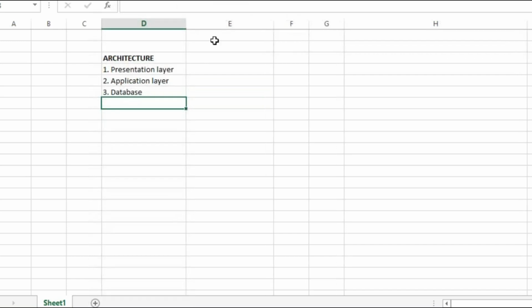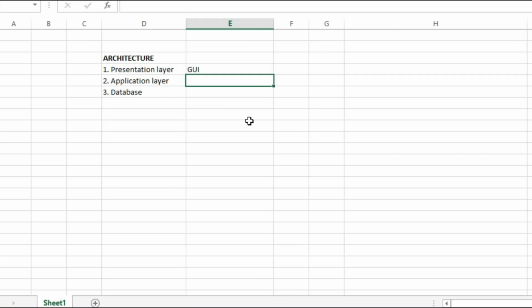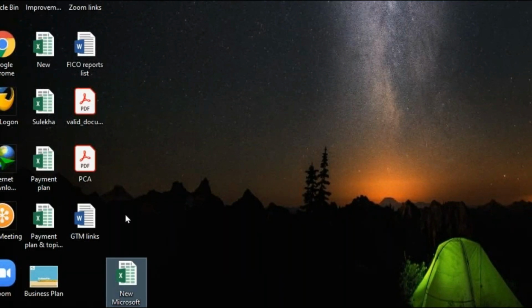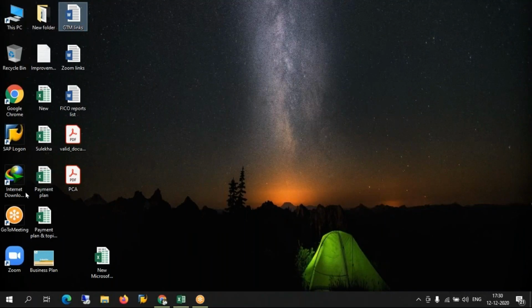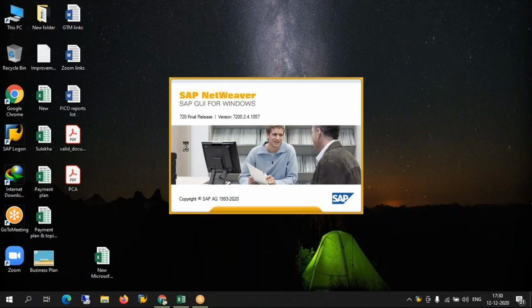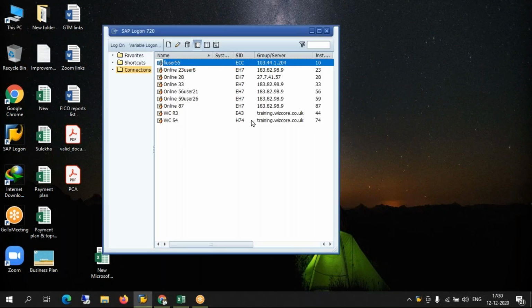The presentation layer is nothing but our physical screen, how the physical screen looks like, from where the user posts their transactions, from where we want to view the reports. That's all.